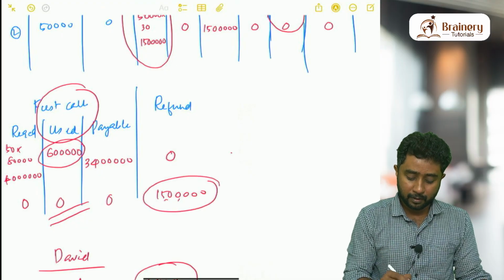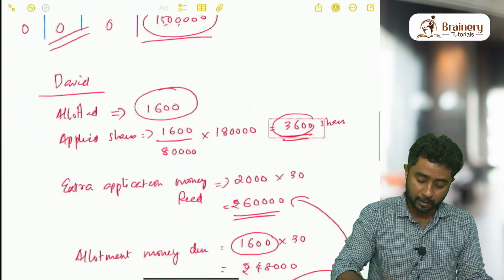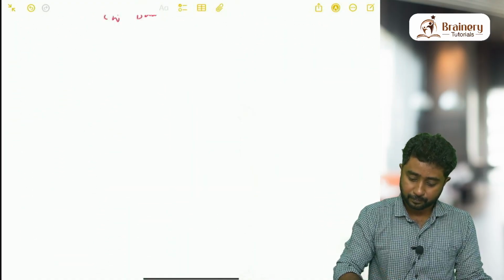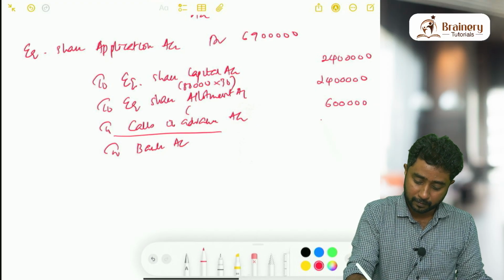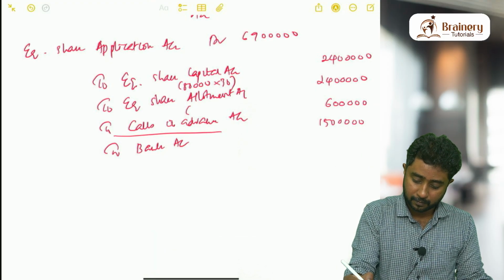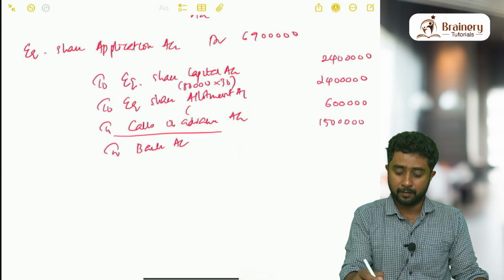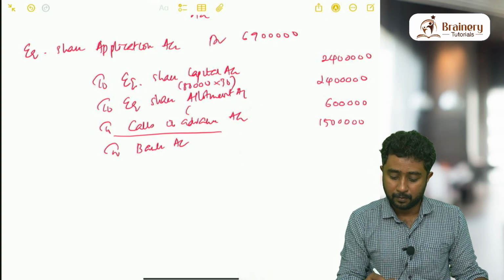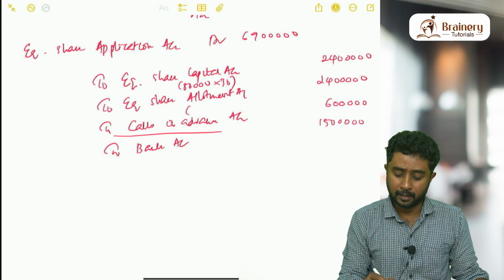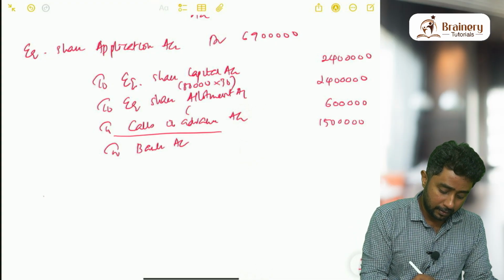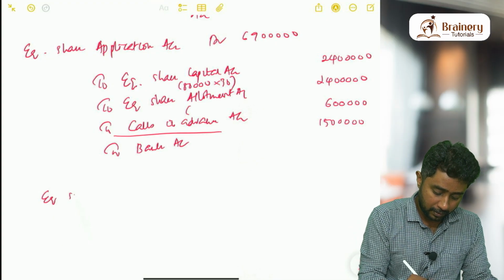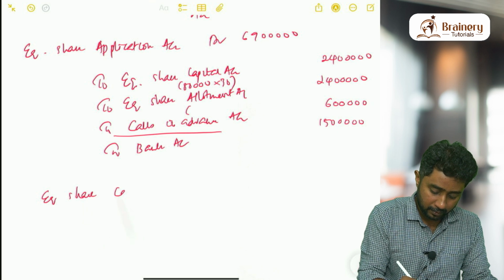Now in refund column, what is the total? That will be coming as bank. So here 15 lakhs will be coming. When you are adding it, you will get 69 lakhs. Okay, you will get 69 lakhs. So that is done. Next entry is equity share allotment